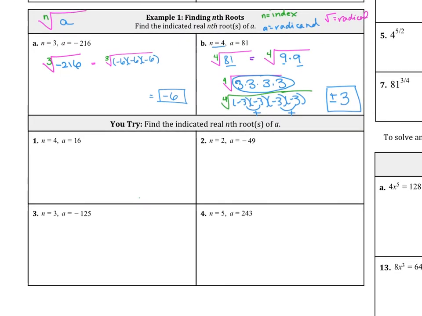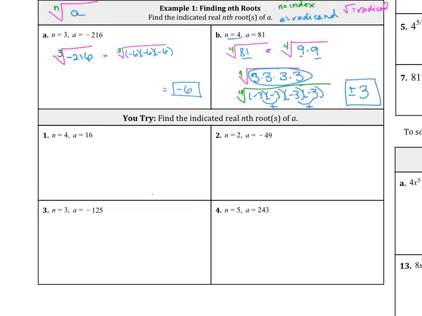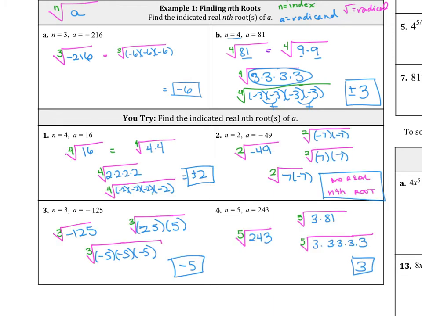So try out these examples here. Find the indicated real nth roots of a. And so just plug it in. Write the problem with your index, the radical and the radicand, and try these out. All right, if you tried this out,